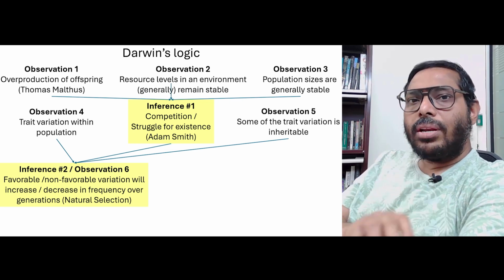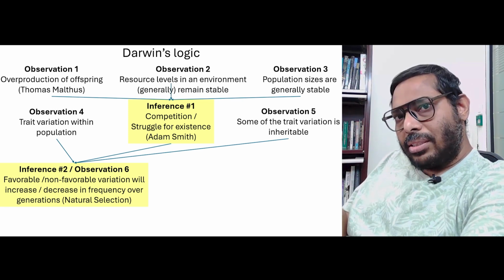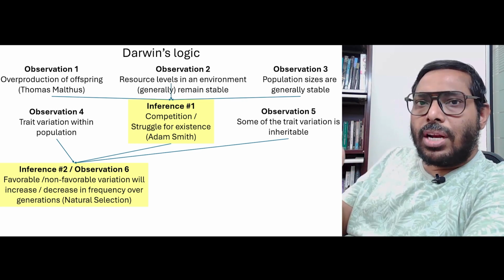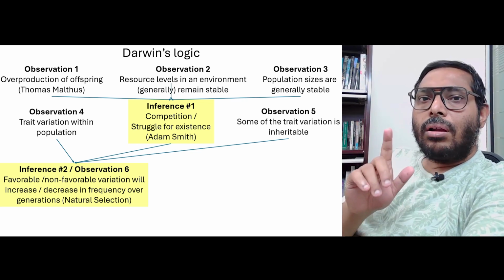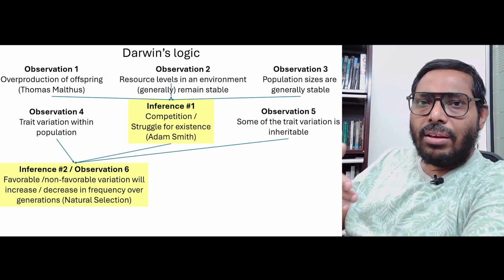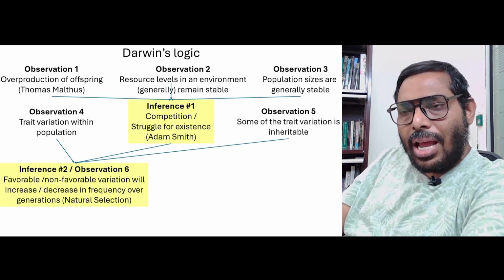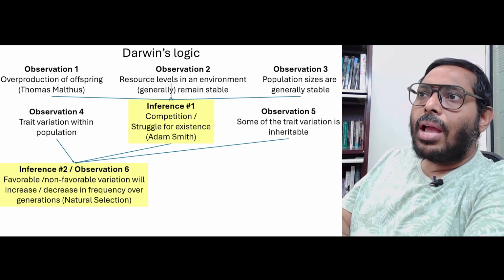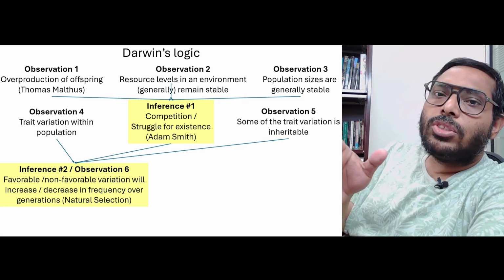Therefore, Darwin comes to this inference that given trait variation and given inheritance, and given that the values of some of these traits are going to correlate with their success in the struggle for existence, then all the trait variations which increase their ability to survive and reproduce are going to be passed to the next generation in greater numbers, and therefore, in the next generation the favorable trait variations' frequency is going to go up, and similarly the non-favorable trait variation, in this example let us say short legs, its frequency is going to go down in the